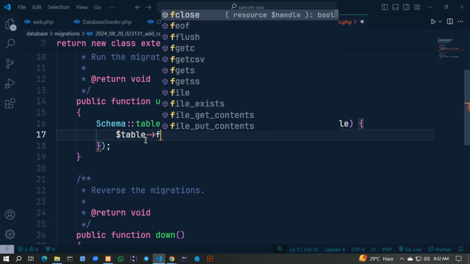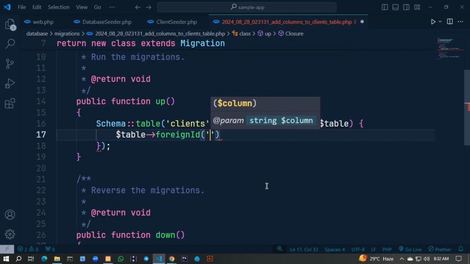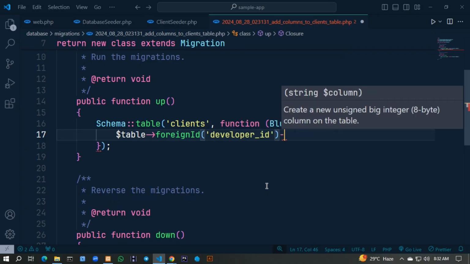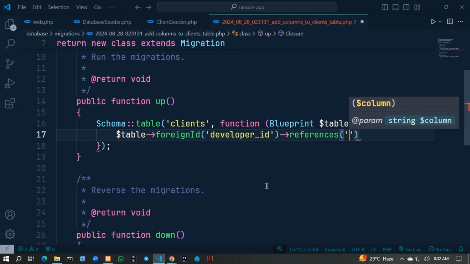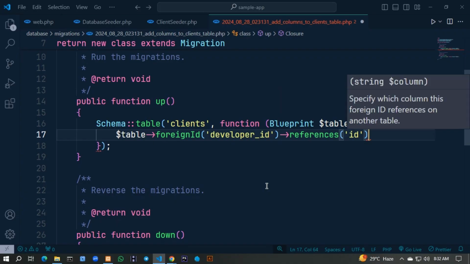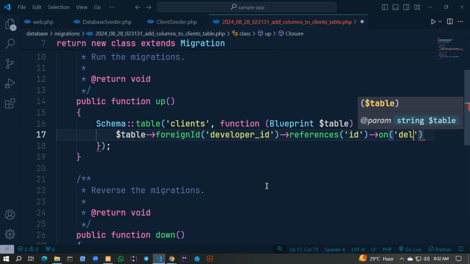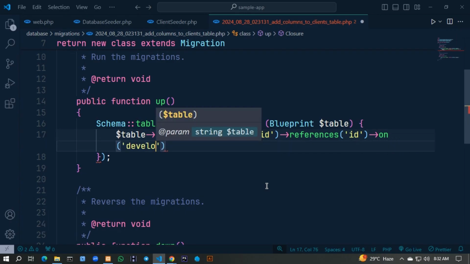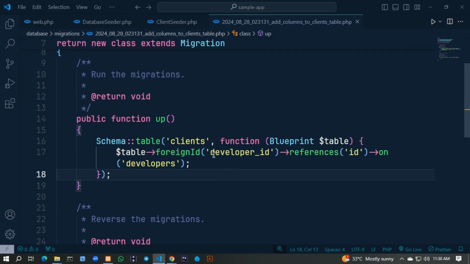We add a foreign id, that is developer id, references id, on the developers table, parents. Okay, now you have to create a foreign id, and now we have to add in our model file